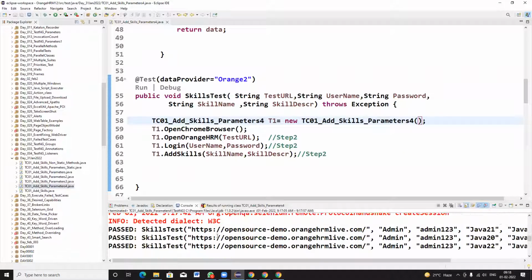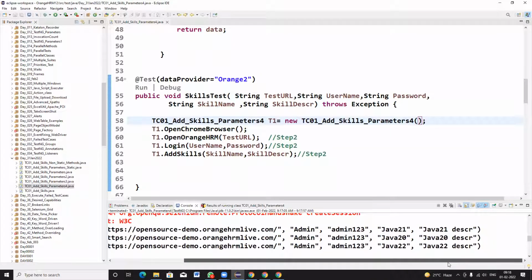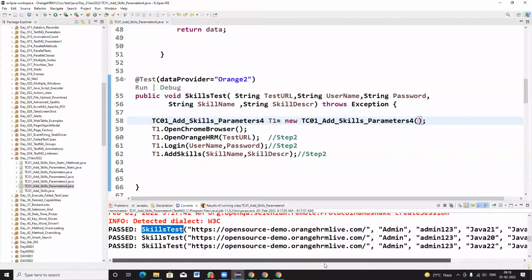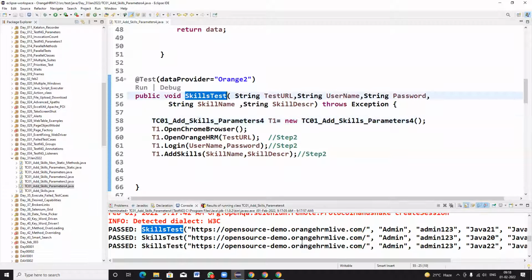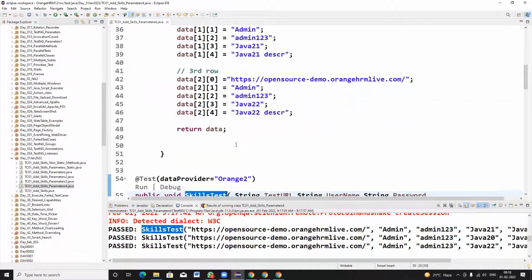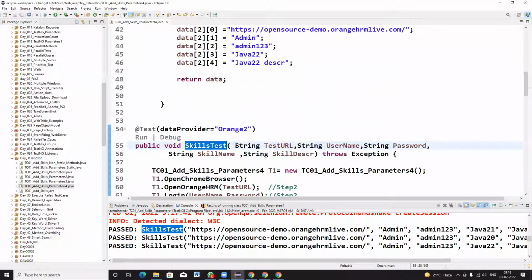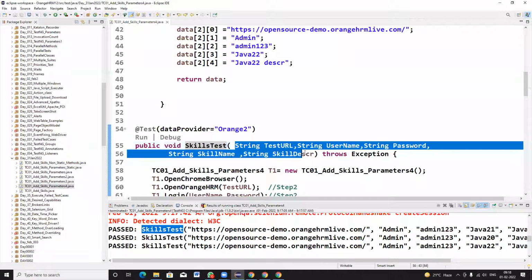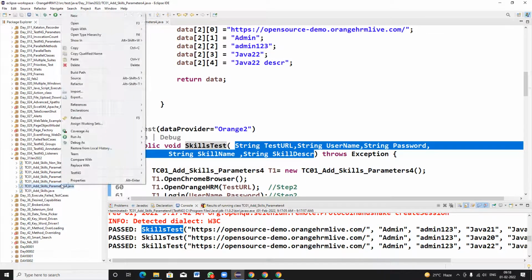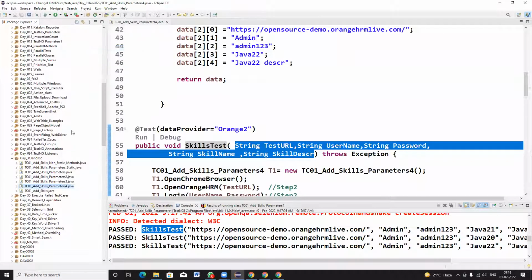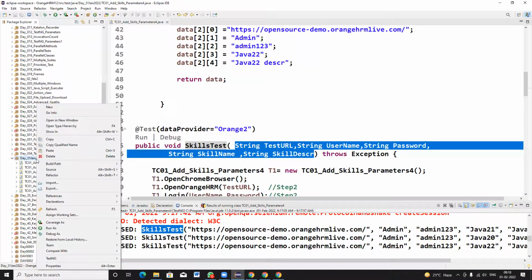See, your data provider skill test was executed with these many iterations: Java 20, Java 21, and Java 22. Like that, all 3 times your skill test passed and all the iterations completed successfully. So you just have to copy the data provider syntax, connect with the data provider, and declare all the global variables at the method level. That's it. This is what we discussed, and I'm copying the same program. This is the data provider syntax, and I'm pasting it here.